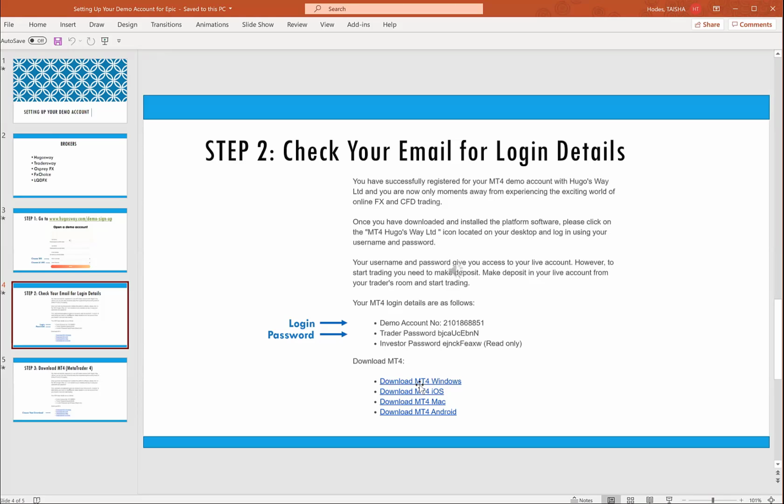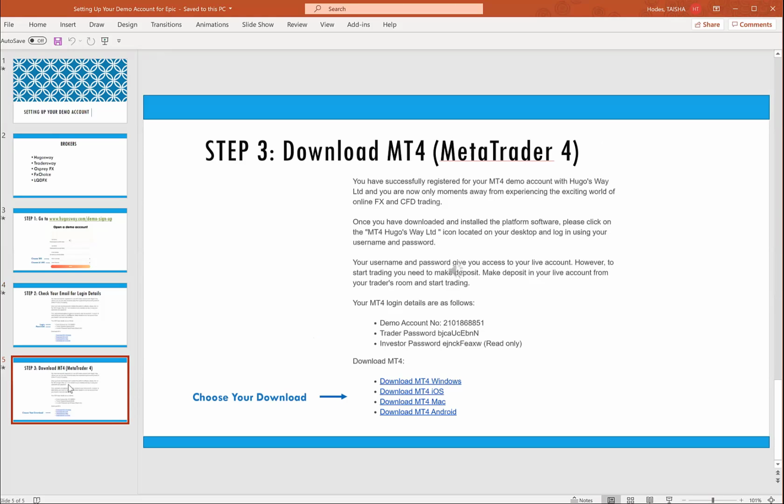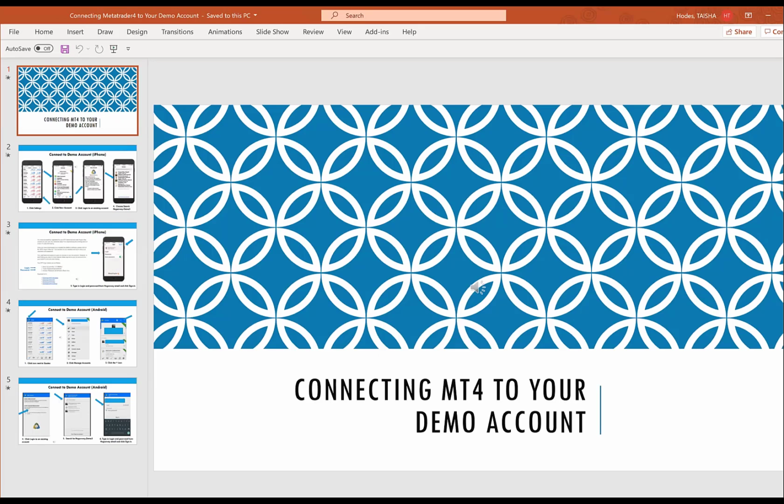So you can pull up this email, download the one for your phone, and by the time you finish these slides, you would have set up your demo account on Hugo's Way and then downloaded MT4 on your phone. And then the next set of steps, now that you have MT4 on your cell phone,